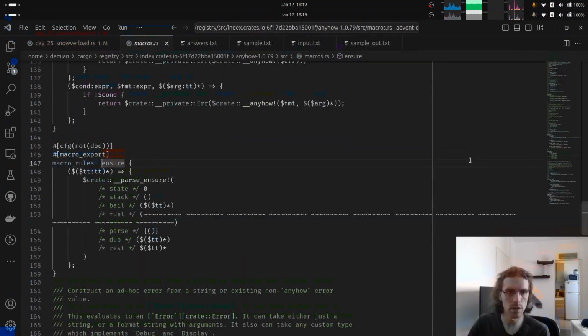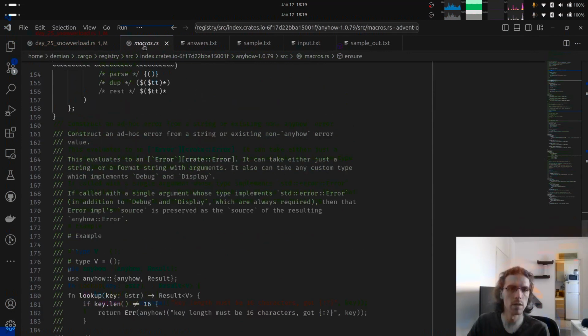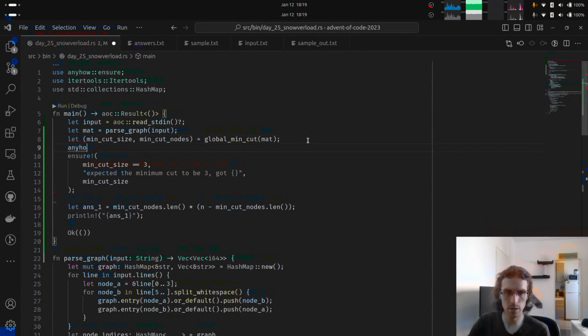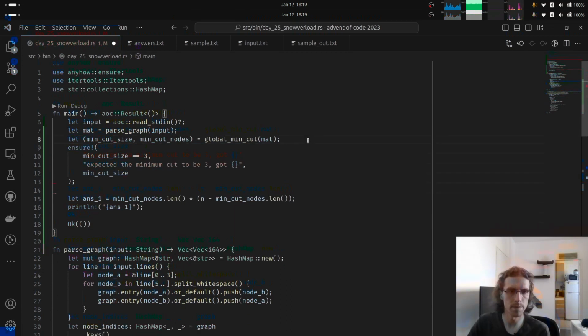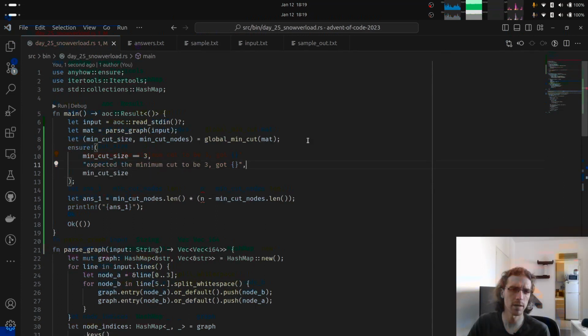Just ensure. Anyhow, yeah, it's just ensure. Do we actually care about doing this ensure? Not really, right? Minimum can be, well,